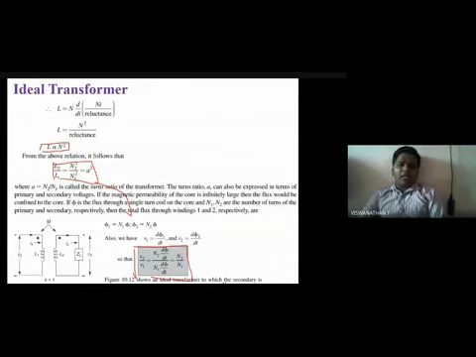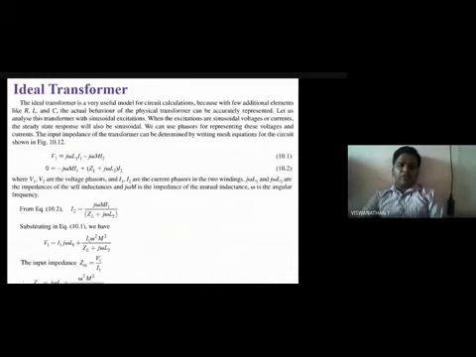Again, we need to extend this concept in terms of mutual inductance. For this, we need to add some elements. We all know the basic elements R, L, and C. Here no capacitance is discussed. We only focus on R and L, so the actual behavior of the physical transformer is represented. Here we are discussing the physical or practical transformer.